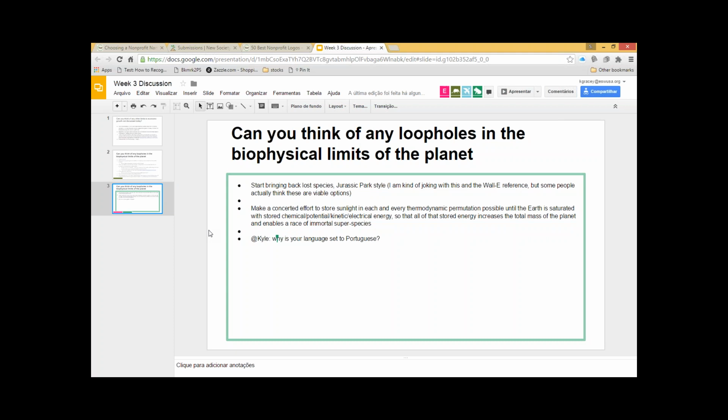It's because I use it. This is a question for me about the language settings. It's because I use them for work, and so it's a way of helping me build my technical vocabulary or reinforce my technical vocabulary. Yeah, cool.